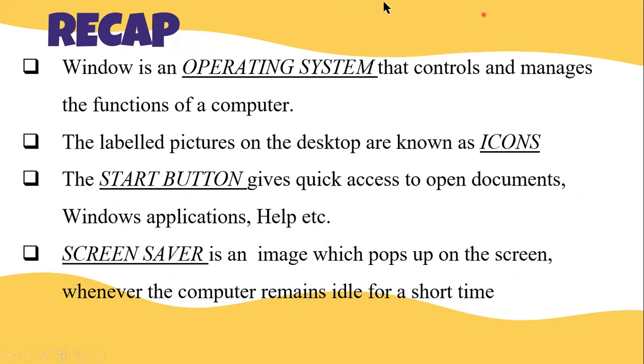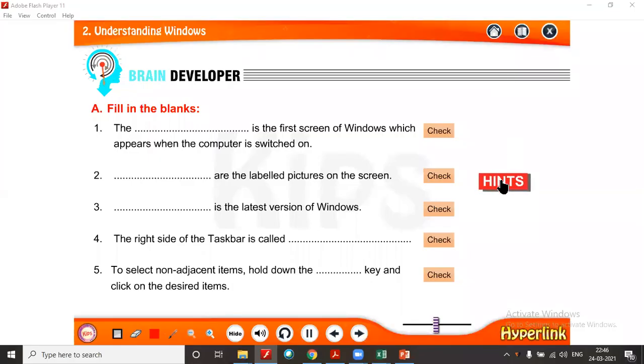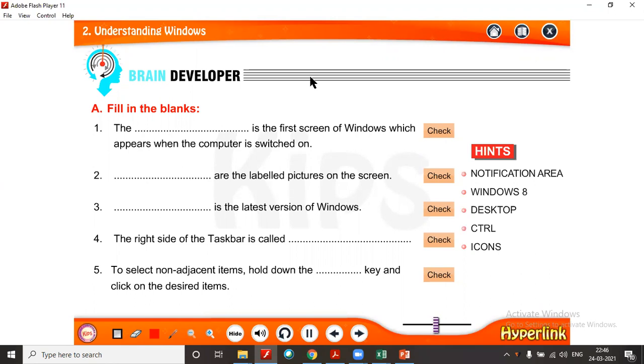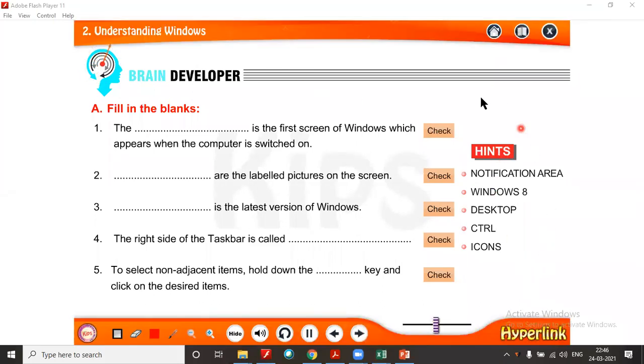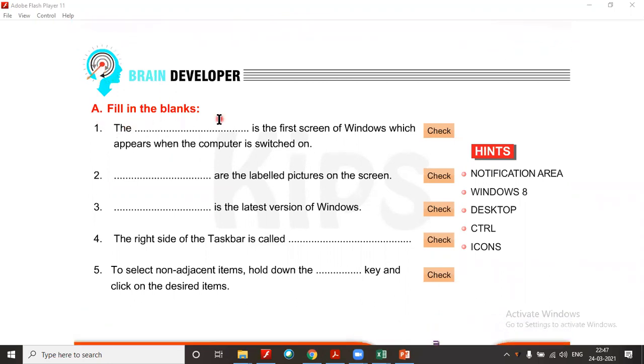Very good. Okay, now let's get into the book back exercise, students. The first book back exercise we are going to see is fill in the blanks, from page number 14.